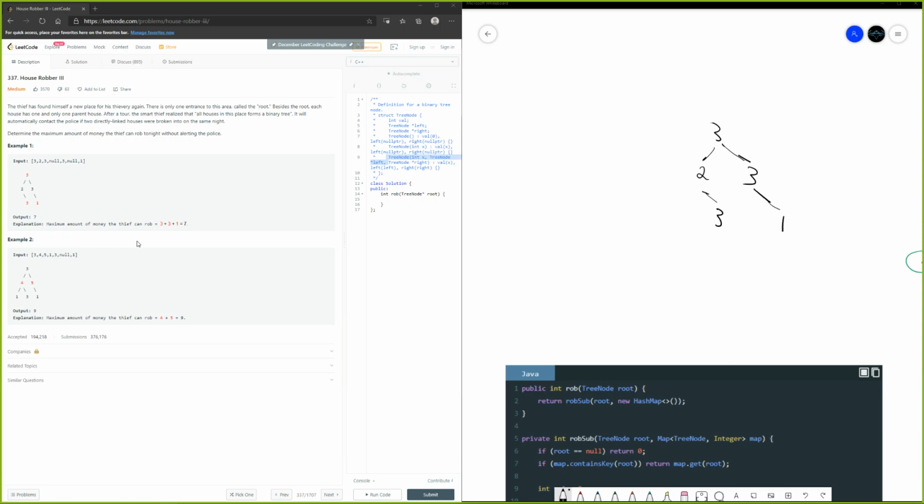So the thief has found himself a new place, like a neighborhood, and he wants to maximize his gains in the robbery. So essentially what's going on here is that a thief can only rob houses that are not connected to each other. And that is because if he robs two houses that are, then the police will be called on him. So he'll be busted. So just to go over the first example right here,